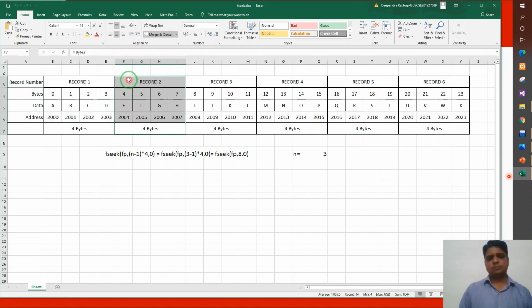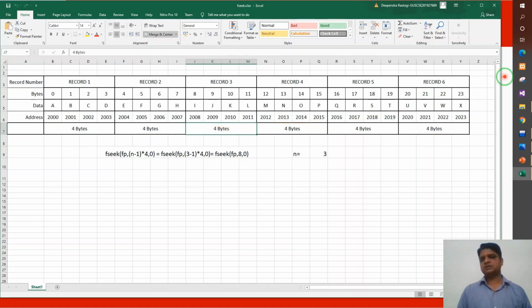Now again you are reading, then the pointer will automatically move 4 bytes to the third record. Now if you modify the second record, then the pointer will automatically move to the next record, and you will have to come back to the previous record. So for this purpose you will have to move backward, that is, minus 4 bytes backward.